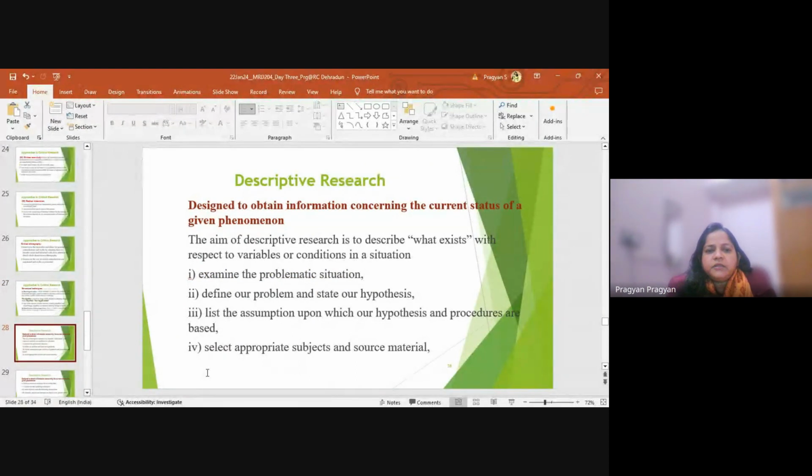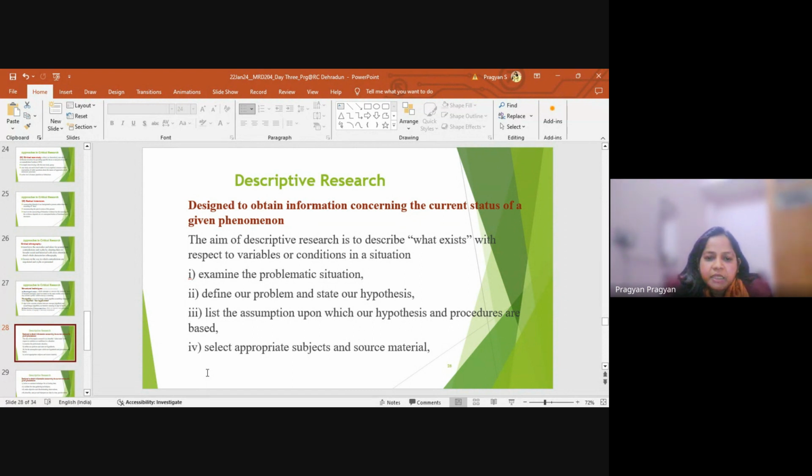Then another perspective, which is again a very wide perspective, that comes as descriptive research. It is a very general kind of understanding, but it is very important because the aim of descriptive research is focusing on what exists with respect to variable or conditions in a situation. Here, application of descriptive research is easier as compared to critical paradigm, because they examine the problematic situation from the beginning by defining